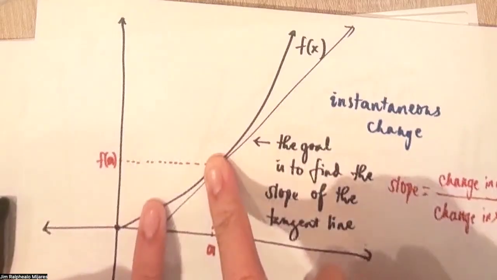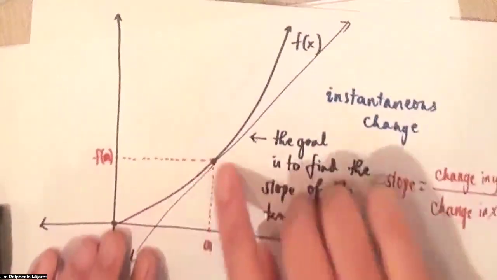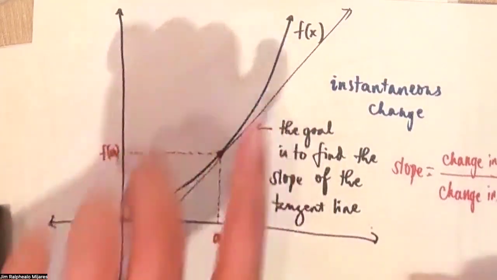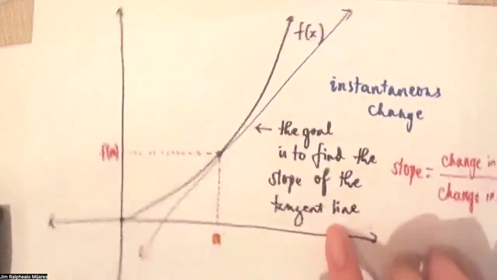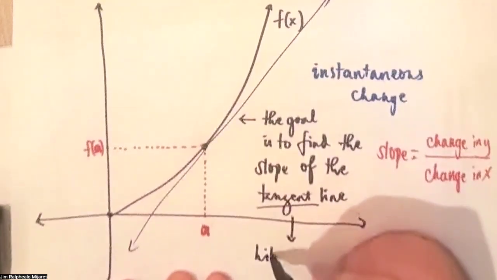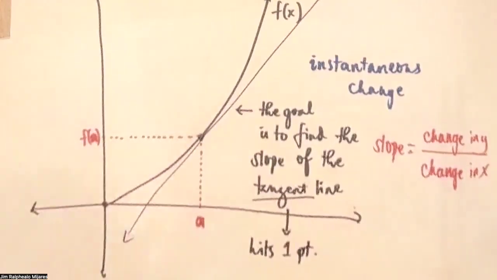If you go closer, this defines another line. And you keep doing that, and you see that you will create a family of lines up to the point where it just hits one point. So tangent line here means it hits one point. Okay, that's what a tangent is,